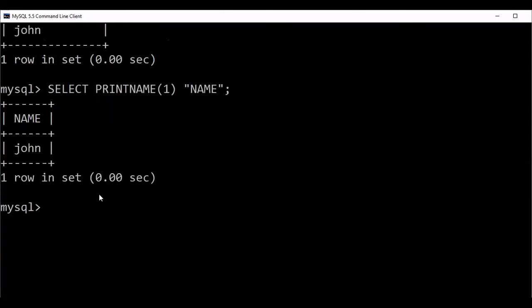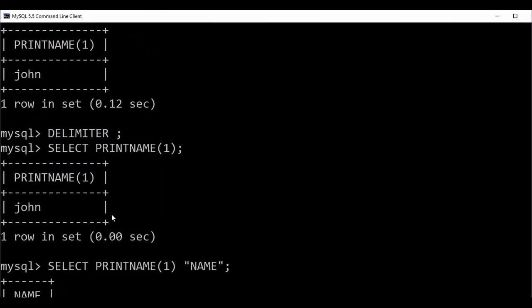Name is John. Similarly, once it is written, if I pass 2, it will give a different name. What is it showing? Mary. It means the name of the employee whose ID is 2 is Mary. Similarly, if I pass 3, what will it return? It will return the name of 3. So it is returning Bob. Similarly, if I pass 4, I'm simply changing the parameter here. If I change to 4, it is giving Tom as per this table.